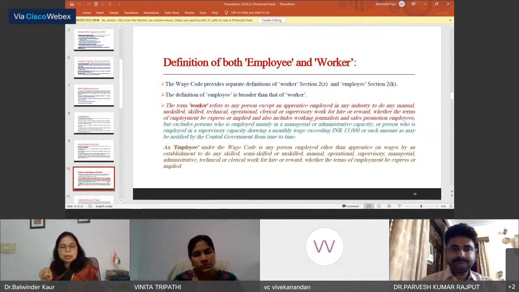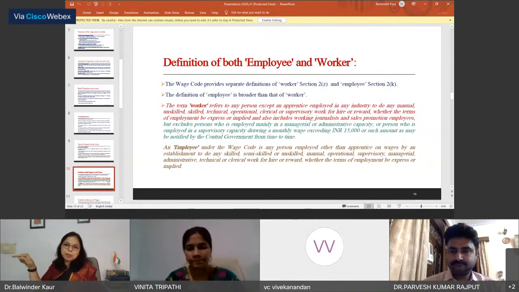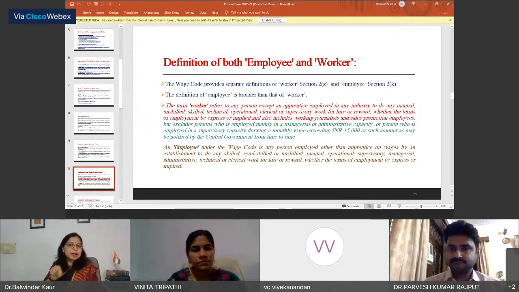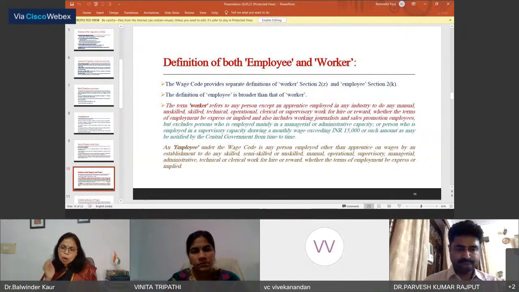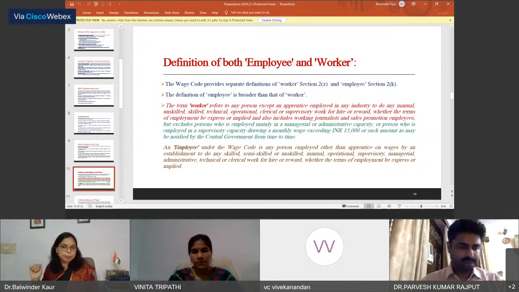So the thing is, now the contractor would be responsible for giving the minimum wage. The contractor would be responsible for giving the payment of bonus. So the contractor, for the first time, they have included as an owner. Now the owner under the Code on Wages 2019, the owner is excluded from the definition of an employer because